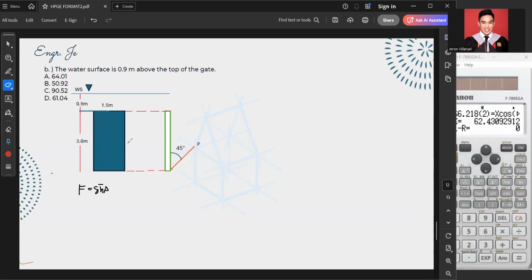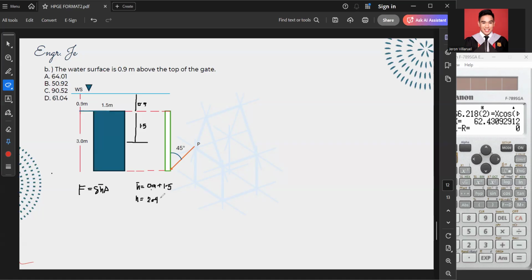So our bar H here is 0.9 plus half of our height, which is 1.5. So this is 0.9 and this one is 1.5. So our bar H here is 0.9 plus 1.5, and that is equal to